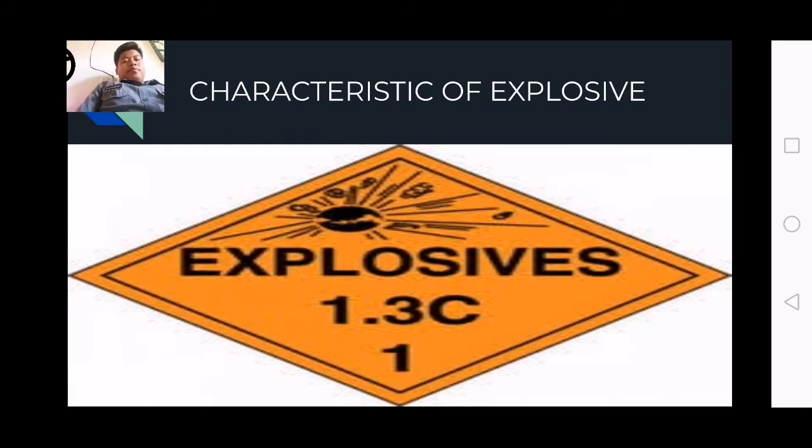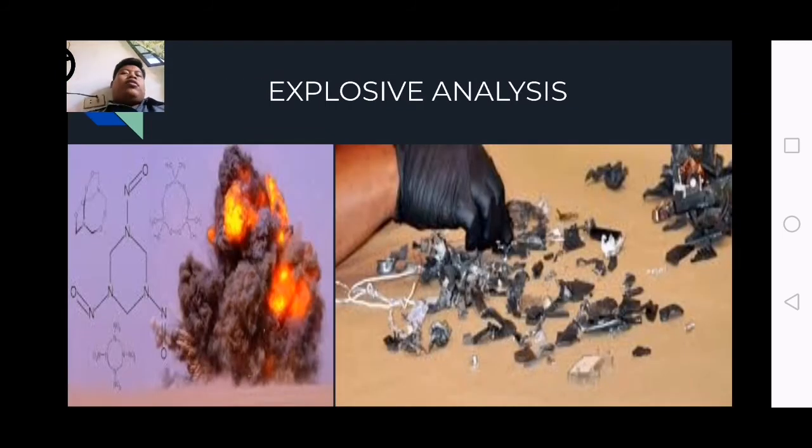So next slide. So dito naman tayo sa explosive analysis o yung pag-aanalisa ng mga pagsabog. So there are two separate examinations performed in the forensic analysis of explosives: identification and characterization of the intact explosive and an examination of explosive debris. So ito yung nakikita natin sa ating right side ng ating screen na ang mga explosive debris. Examiners will analyze the intact explosive and residues as well as intact fragmented device components.